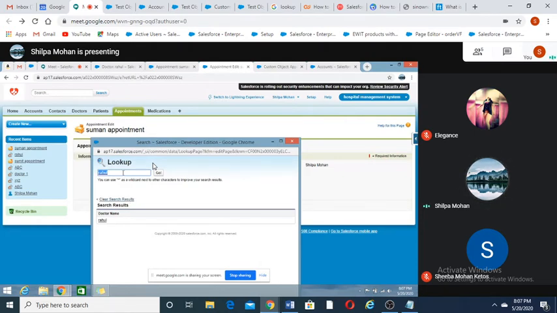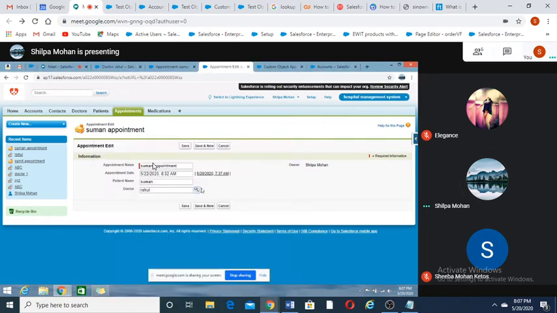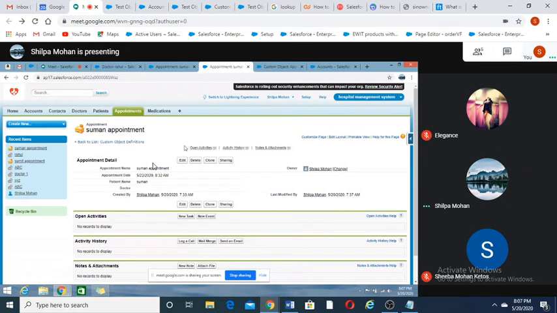You can directly delete it from there and save. Okay, so that means doctor is not mandatory in lookup relationship. And if you delete a doctor, Suman appointment will not be deleted.